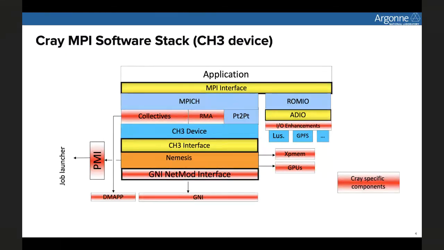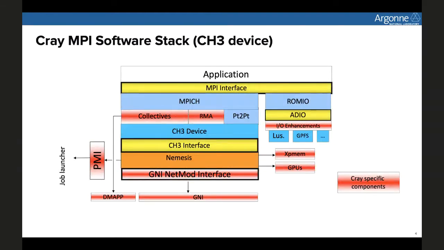The Cray MPI that is used on Theta is based primarily on the Argonne MPICH software. MPICH has the new CH4 model, but the Cray MPI is based on the CH3 device. And as the color coding shows, the Cray specific components are highlighted.